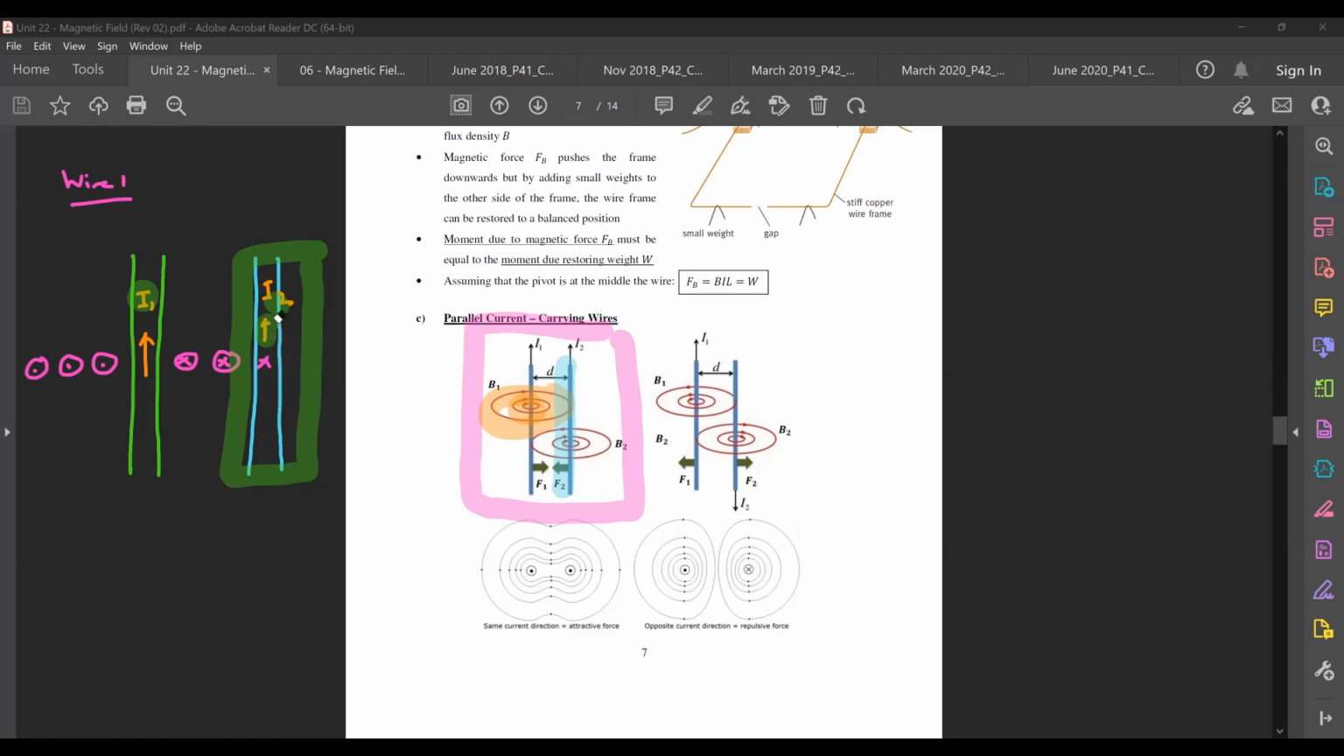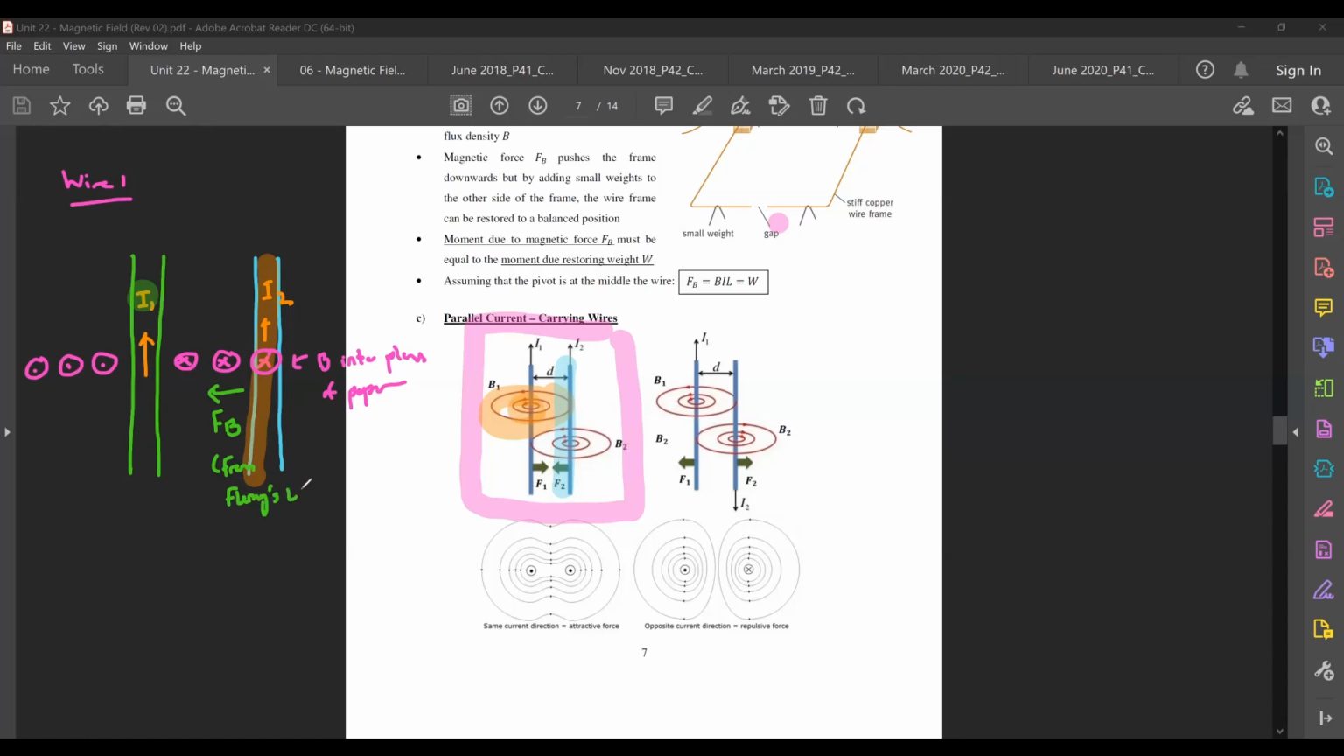Yes. Okay. So you can actually use Fleming's left-hand rule right now to predict the direction of the magnetic force acting on wire 2. Your B is into the plane of paper or plane of screen. Then your I is pointing outwards. You will notice that your FB is actually going to be pointed towards the left, correct? Okay, so this one is from